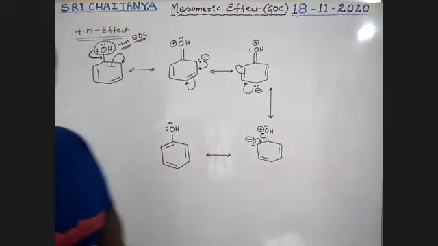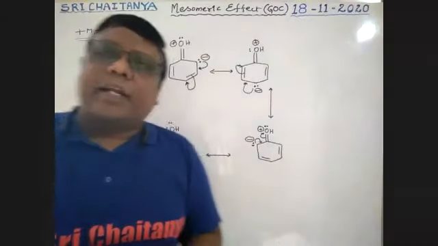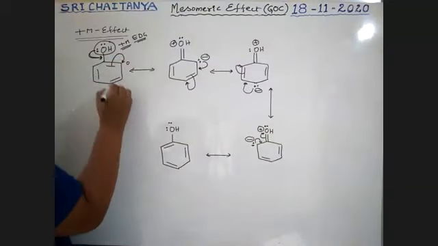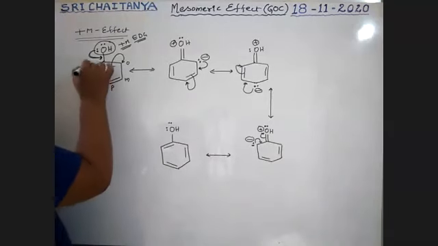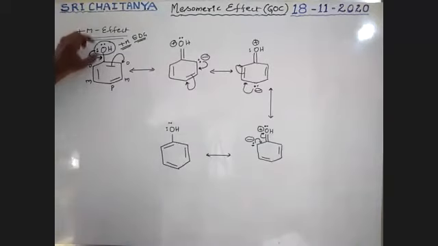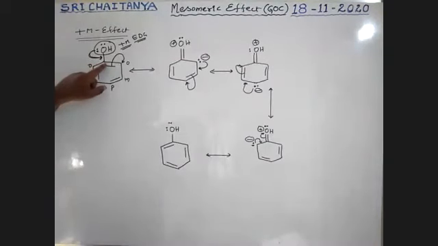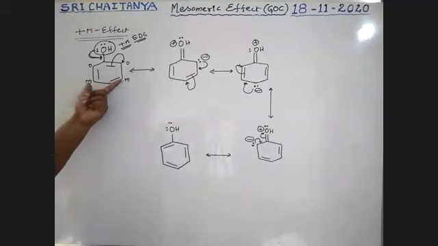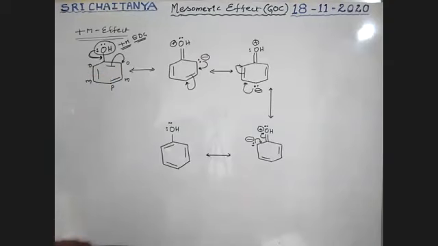So, when an electron donating group is attached to the benzene ring, automatically, this is the original position. This position is called the ortho position. It is meta position. It is para position. It is ortho position. It is meta position. It is para position. So when a substituent is attached to the benzene ring, that carbon should be the major priority. After that, the carbon which is very next to the functional group carbon is ortho. Ortho's next carbons are meta. Meta's next carbons are para. Only one para, two meta, two ortho exist here.